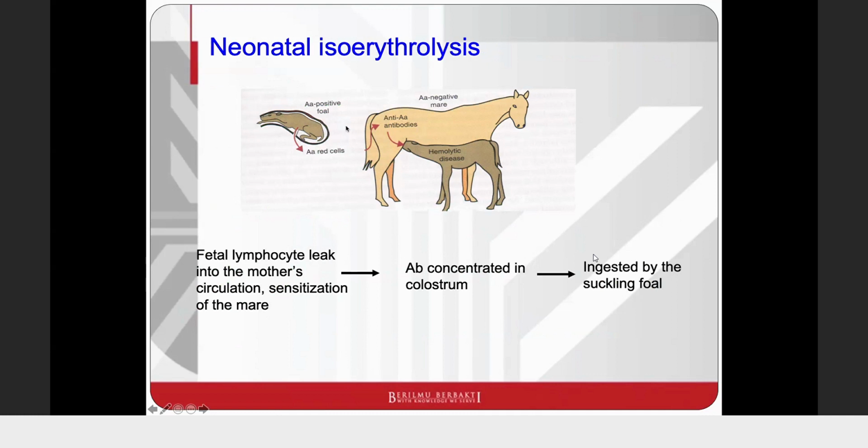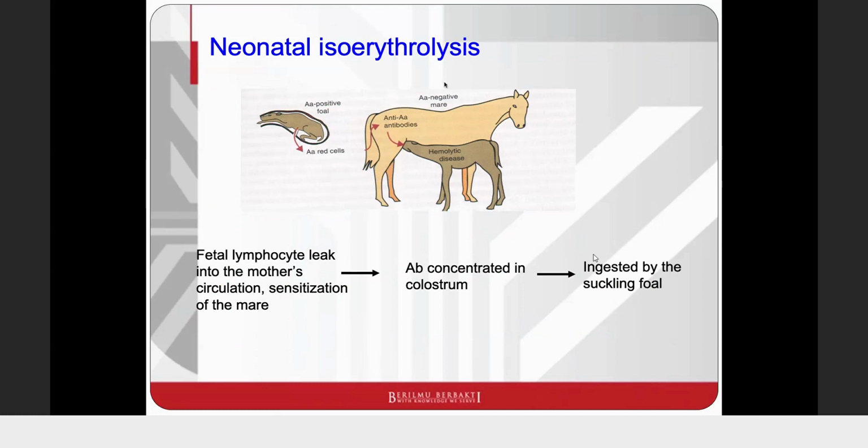So basically it involves AA. They have different blood types. Blood typing. There are a bunch of other blood types in horses, but these are the ones usually commonly seen that cause neonatal erythrolysis: AA blood type and also QA. So if the mare is AA negative, and if the sire is AA positive,